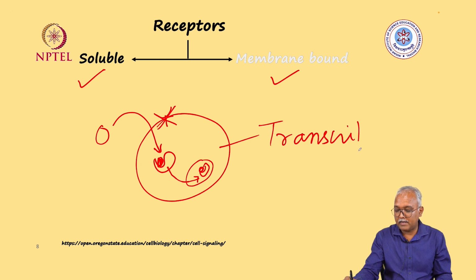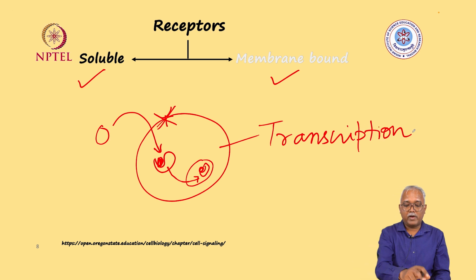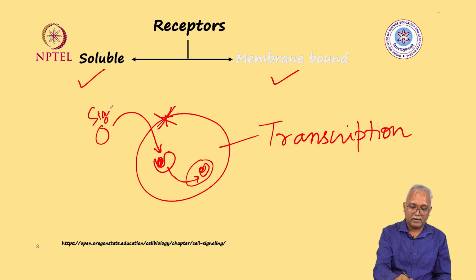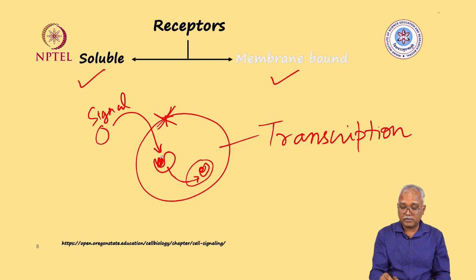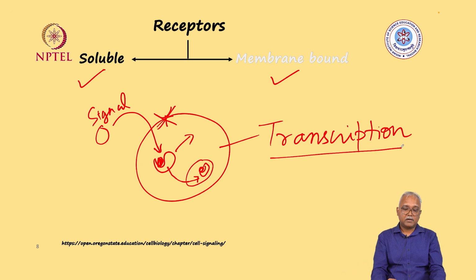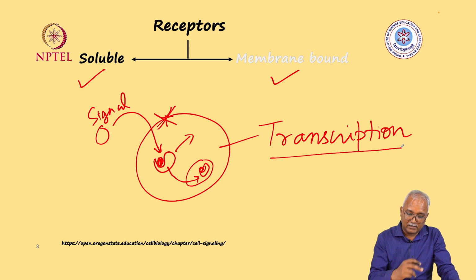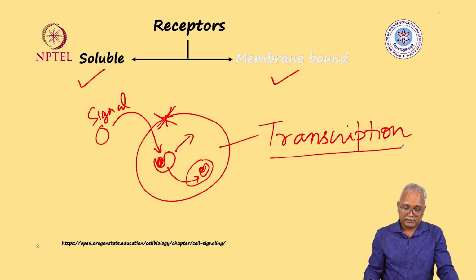Okay, so basically you will have one scenario where receptor is soluble, it must find its ligand inside the cell, so the signal will travel inside the cell, it will bind to it and then mediate the process either in the cytosol or when it goes to the nucleus, it may mediate the process of transcription. What is the other scenario when the receptor is membrane bound? Basically what we have been discussing until now is the membrane bound type of signaling, but let me come back to soluble receptor once more before I go to the membrane bound signal receptors.